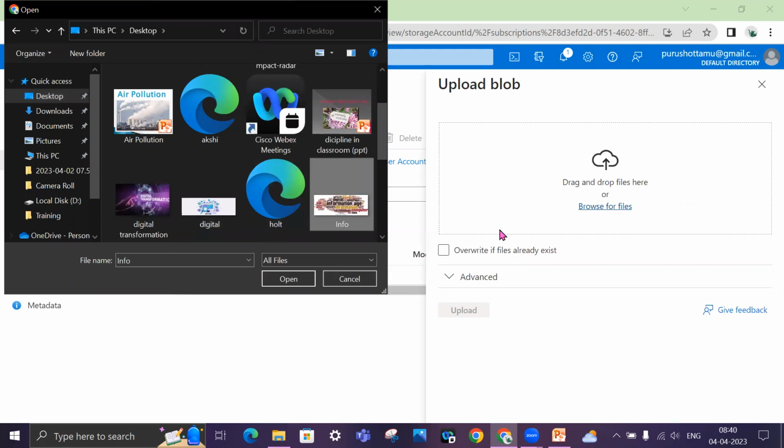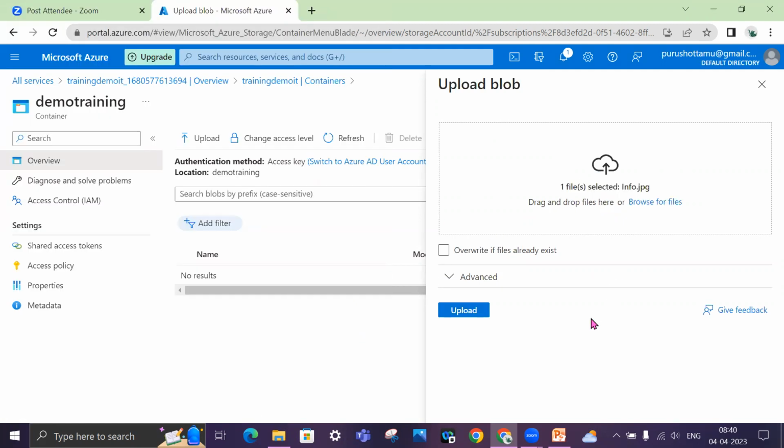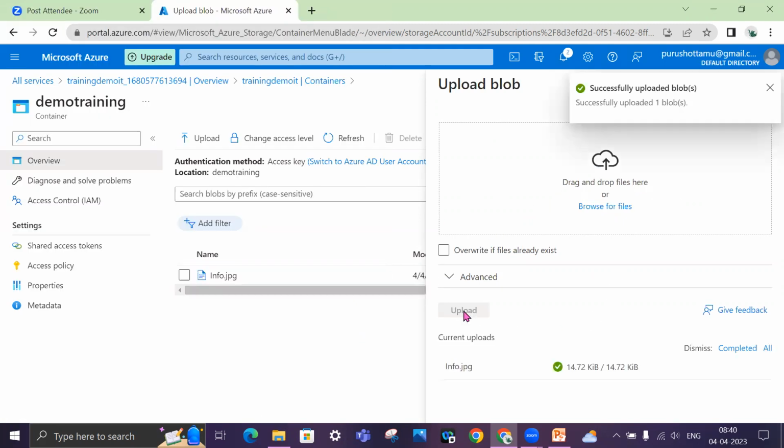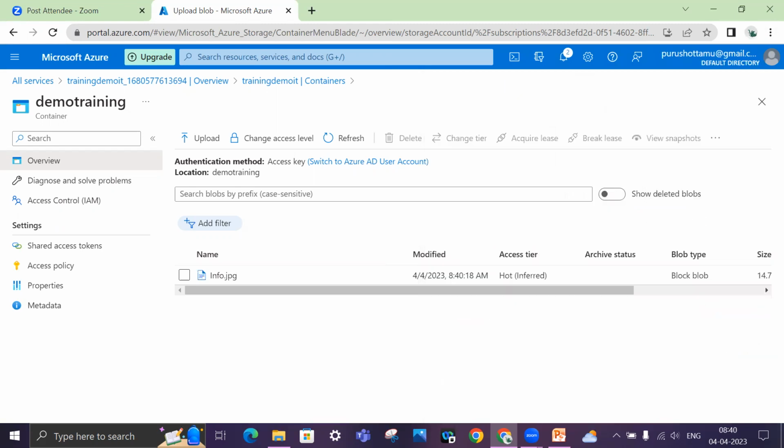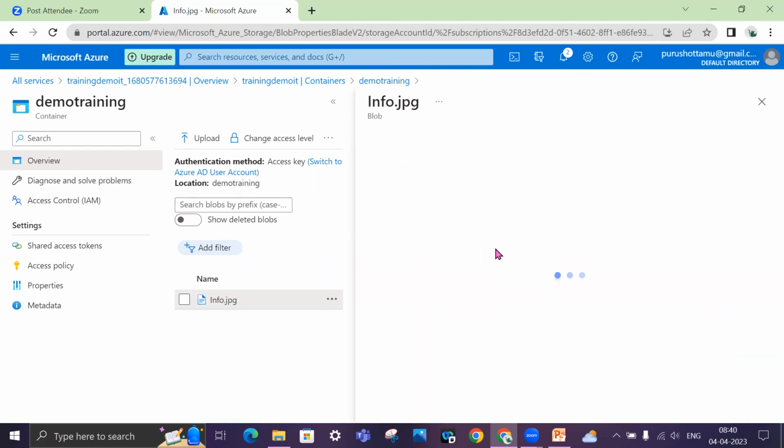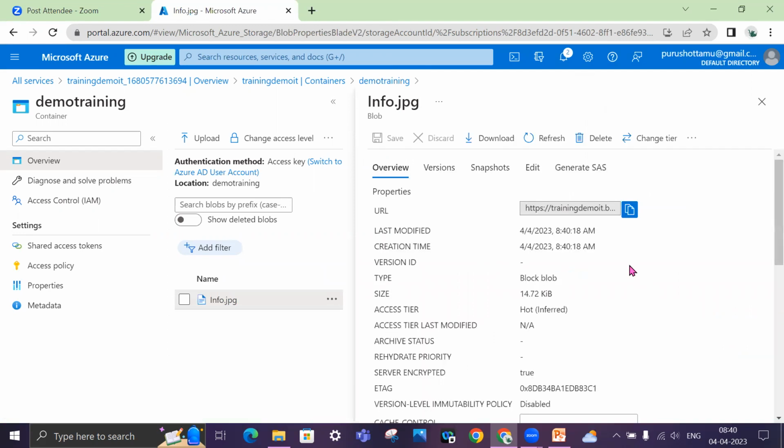For example, I wanted to upload this. See, this file is now available in the cloud, and you can see the file properties and everything. This is the URL, and with this URL you can access the file over the internet.